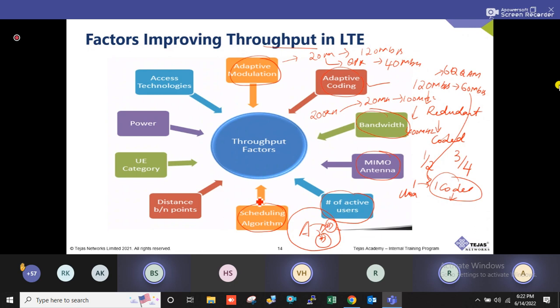Based on this also, there will be an impact on throughput. Distance between points, UE category, we already discussed this. Power, because sometimes we need different power levels and it will have an impact on throughput. And access technology. As you can see, OFDMA has a better spectral efficiency